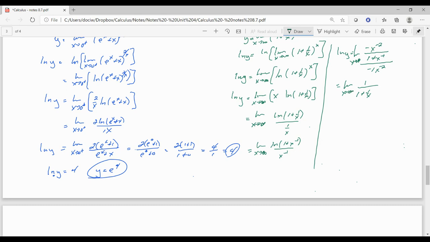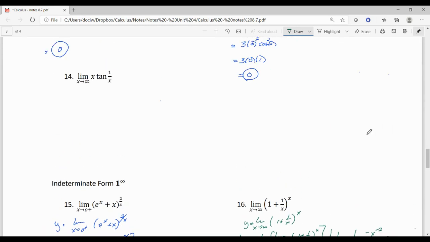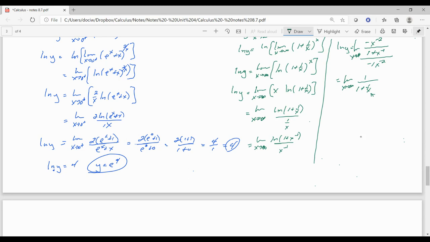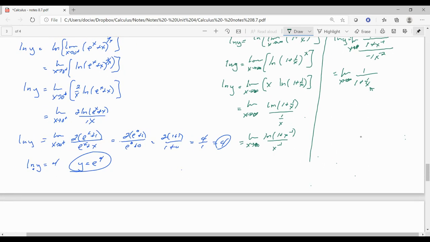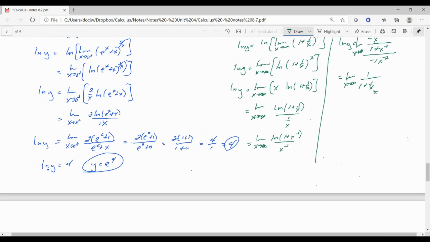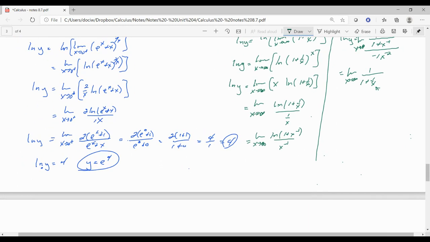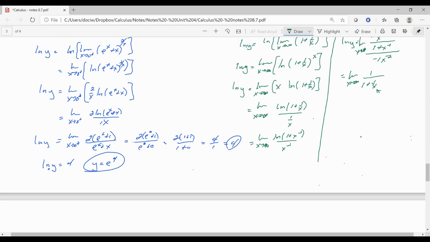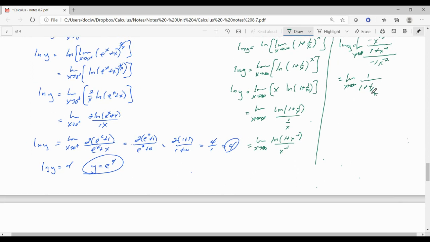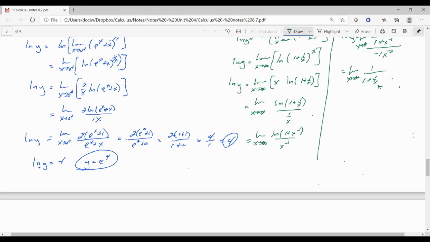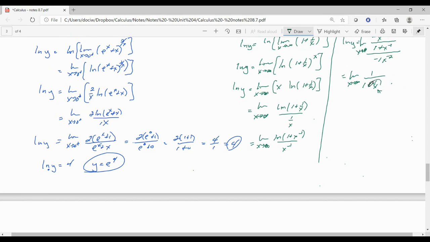As x approaches infinity, 1 over x is approaching 0. So if this value is approaching 0, we got 1 over 1, so we should be approaching